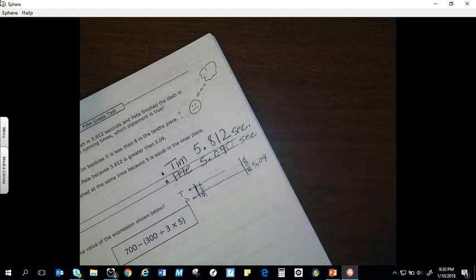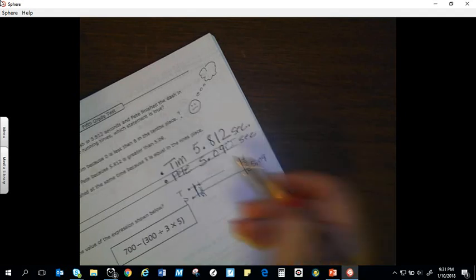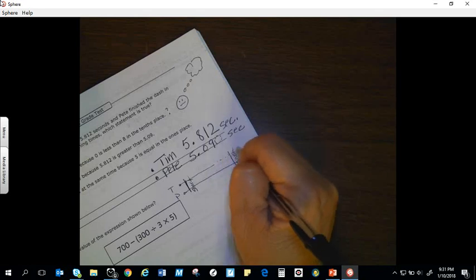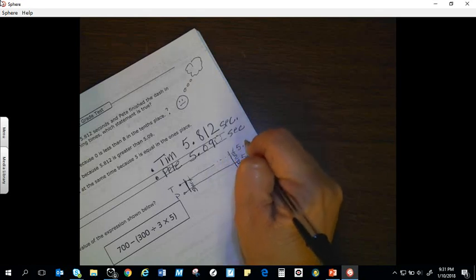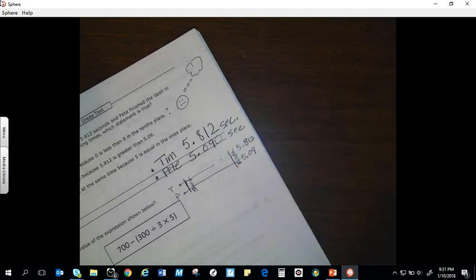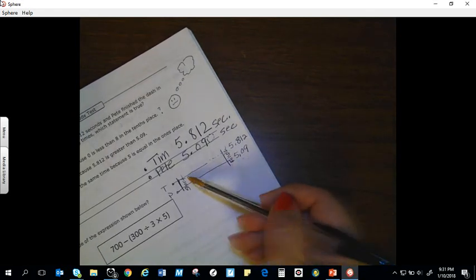Who ran faster? Yeah, Pete did. Because 5, this is the shorter number. He ran faster because he gets here at 5, and now it's 5 and 812 thousandths of a second. So it took him less time to get here than it did Tim. Because